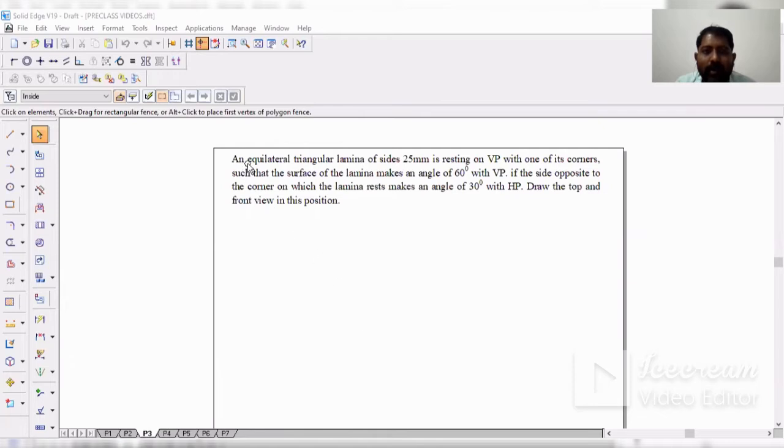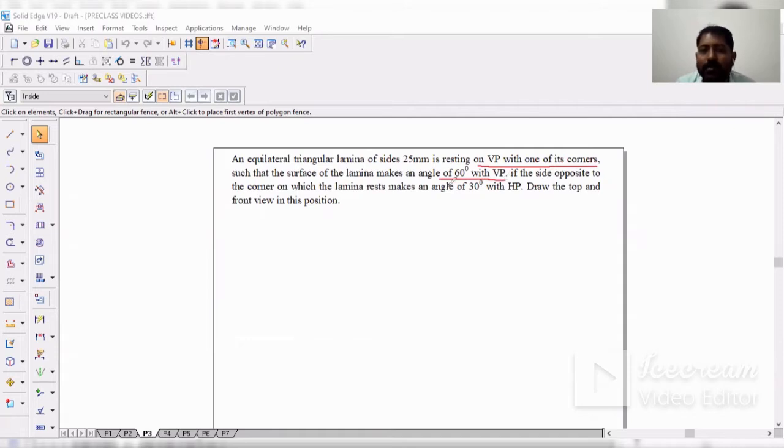The problem he has given is: an equilateral triangular lamina of sides 25 mm is resting on VP. First condition is resting on VP with one of its corners, such that the surface of the lamina makes an angle of 60 degrees with respect to VP.